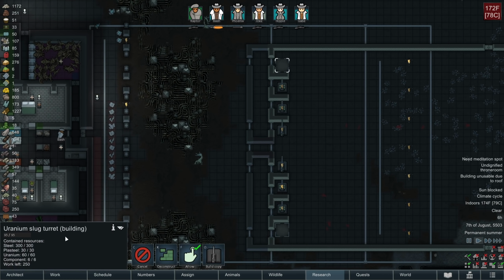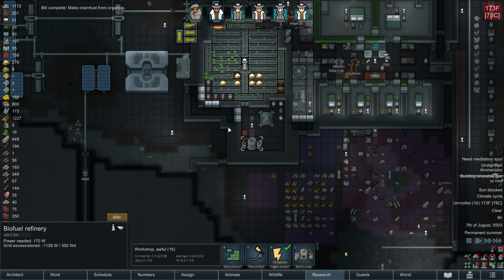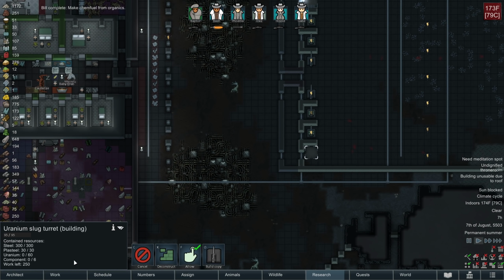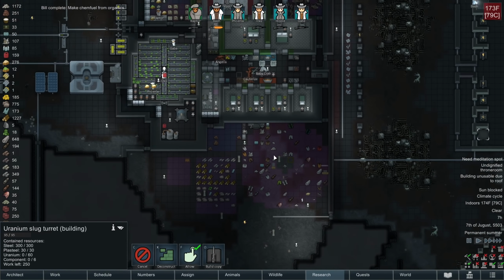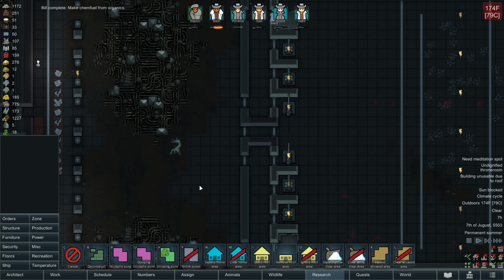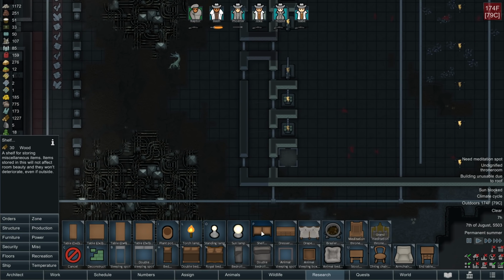Speaking of which, we have this uranium slug turret just moments away from being constructed, so that will be handy and helpful. And Gabe is mining up the remaining uranium needed for this slug turret. Now I'm obviously going to want more uranium than just the bare minimum. In fact, I would go so far as to say,